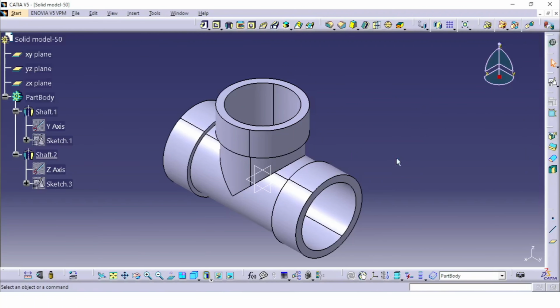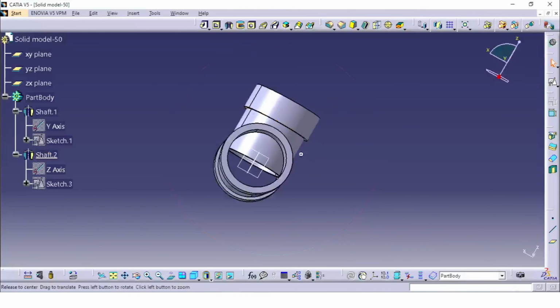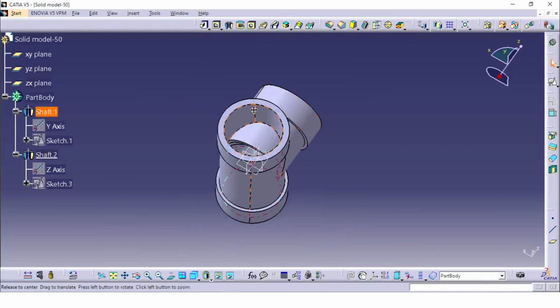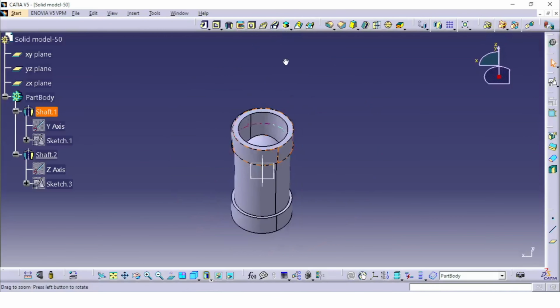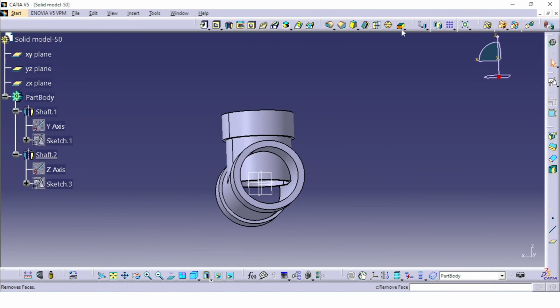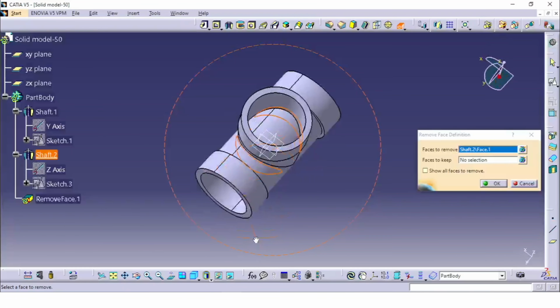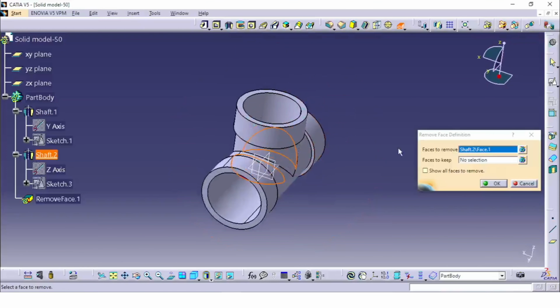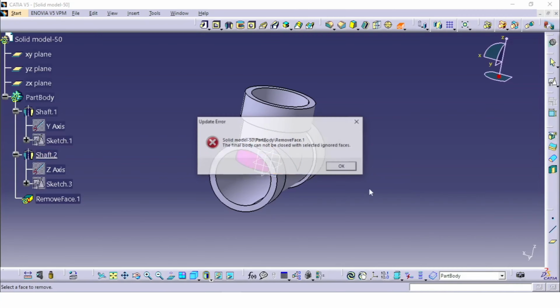Now okay, here we create this one, but here you can see we need to remove some material from this one. Okay, this section and also from this side. For that, we can remove it by using the remove face tool. Click on the remove face, select the faces to remove. Like here I want to remove this face, and the faces to keep. If I say OK,